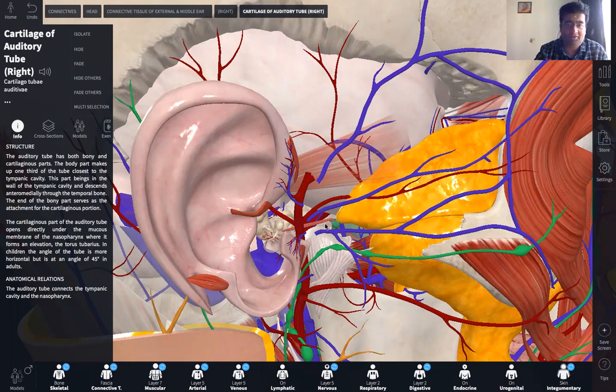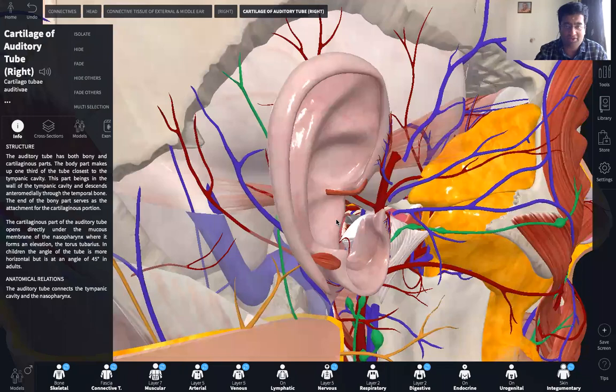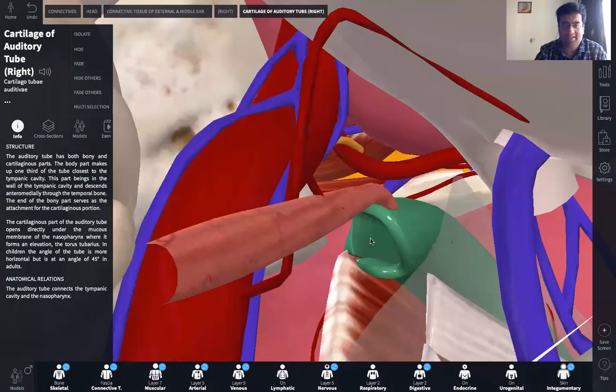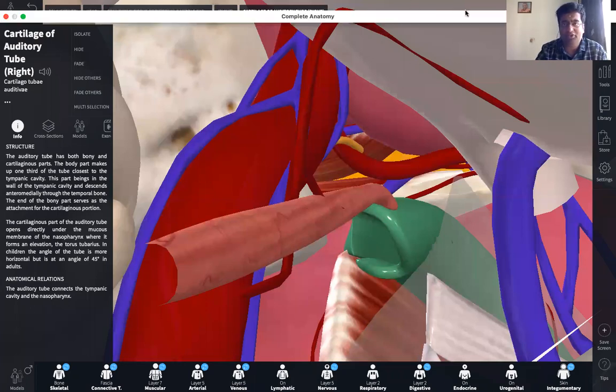So the purpose of the Eustachian tube under natural conditions is to help us in equalizing the air pressure on either side of the eardrum. So that is about the Eustachian tube's function, that is to equalize the air pressure, allowing the eardrum to vibrate freely. Now, as far as the Eustachian tube is concerned,